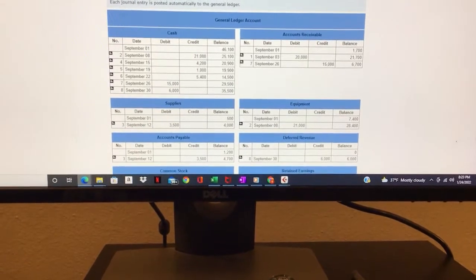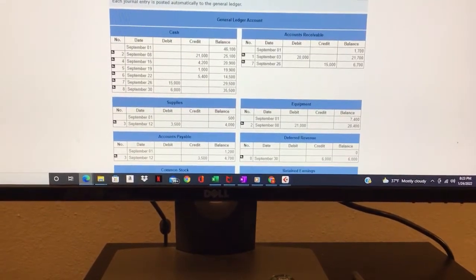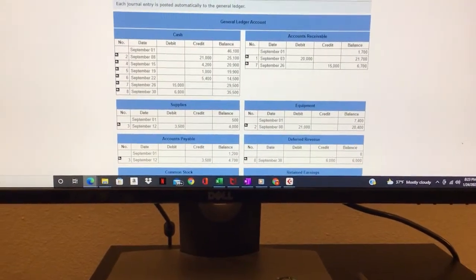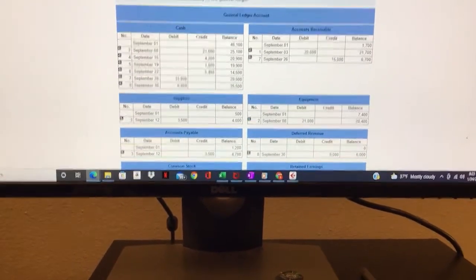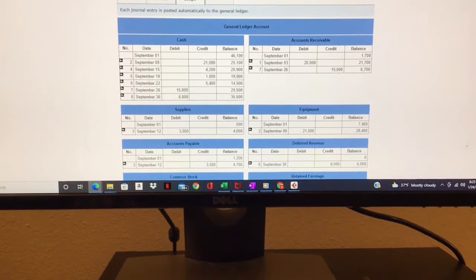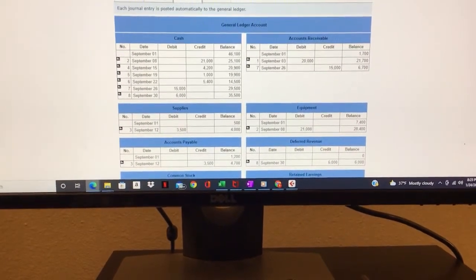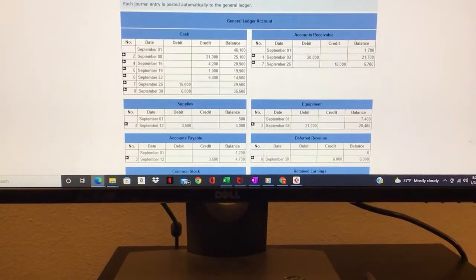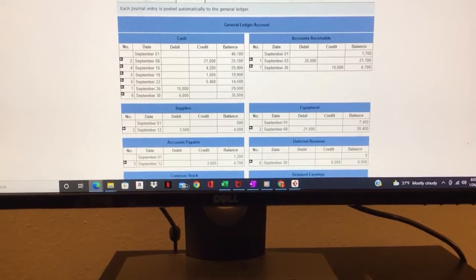Notice it brings the balance down from $46,100, which is a debit balance, by $21,000 to $25,100. Notice also to the right that we have the debit on September 3rd to accounts receivable for $20,000, and this brings the balance up to